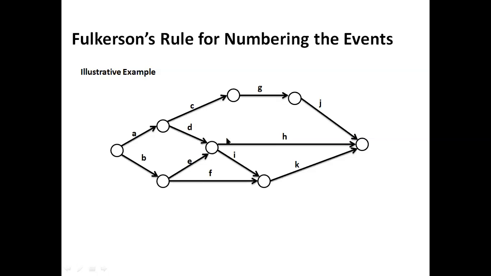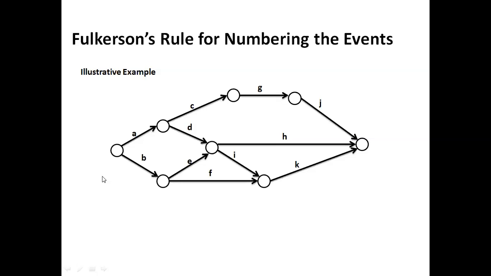So like that, based on the precedence relationship, the network diagram has been drawn. Let us follow here. You just observe here the nodes, the initial, that is the tail, and head nodes are only represented, but they are not given any numbers. So how to give numbers to these nodes? Let us see by following Fulkerson's rule.